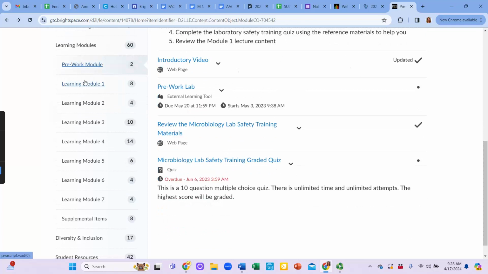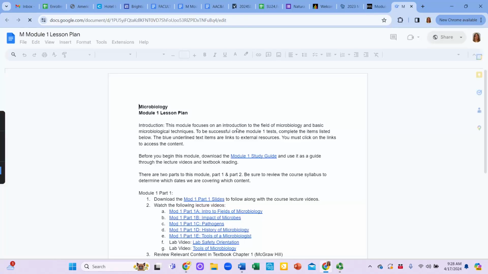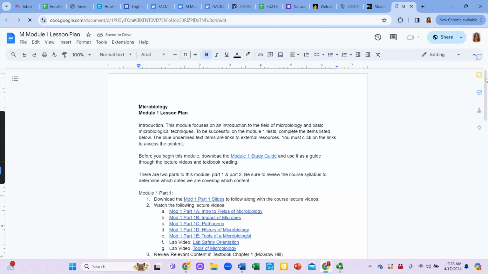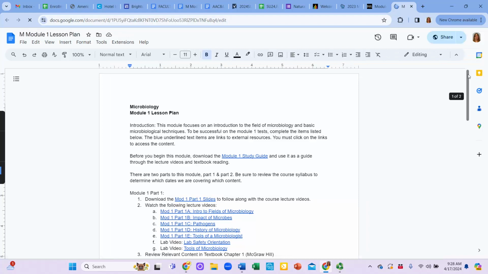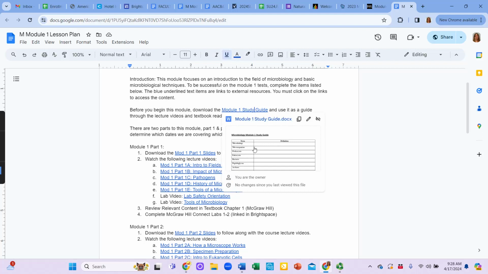Then if we go into a typical learning module. So in the learning module, you're going to see the lesson plan and lecture content. When you click on this, this is going to take you through all of the details of how to understand the course content. So it gives you an introduction about what the module is about, and then it tells you to download the study guide. And when you download that study guide, it's just a series of definitions. So this is a kind of a template for you to take notes on while you're watching those videos and